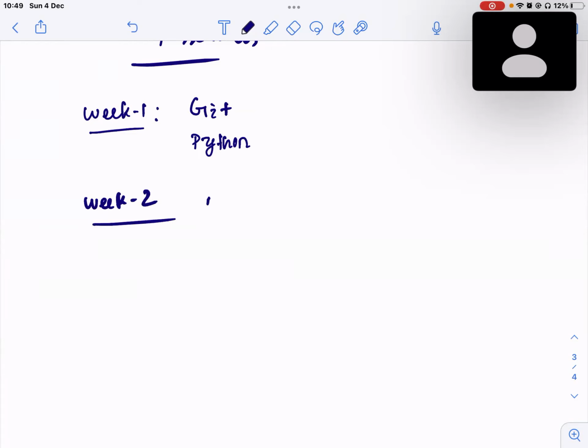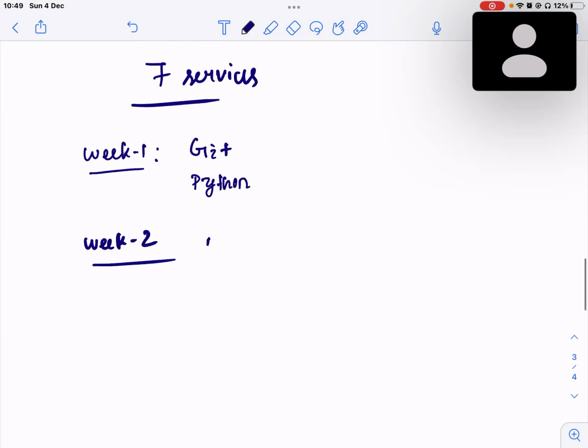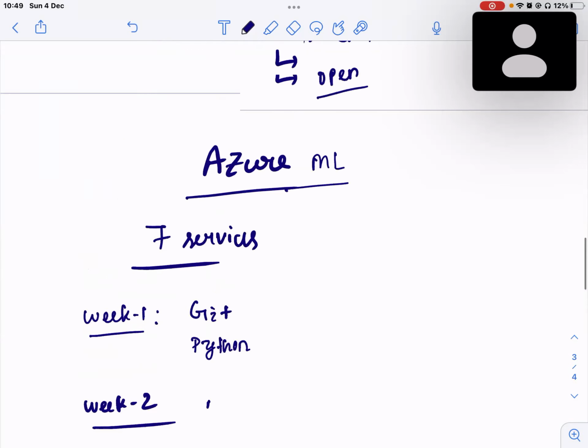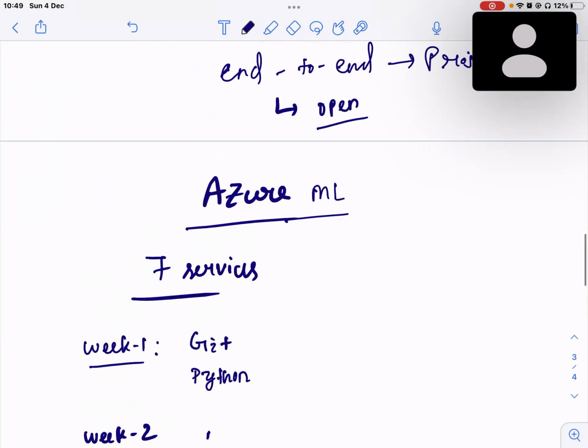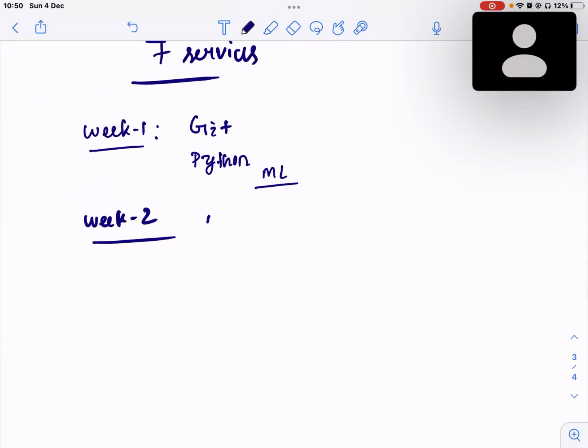I'll start from very basic. I'll not jump into Azure first. As I said, day 1 is a hands-on project, right? So here also I'll give you a background about machine learning. It may go to a week, or maybe 7 to 8 classes. What is machine learning? What is regression? What is classification? Not in detail like derivation and all. If you want that, please join my data science course. But this is at a high level. If you don't know machine learning, how will you understand? Without going into detail about the math, just the high level understanding. So once you have all of this, then in week 2, I will actually take a project, a